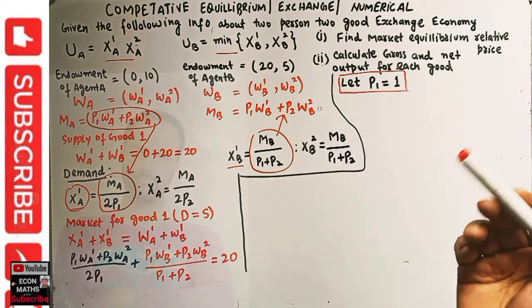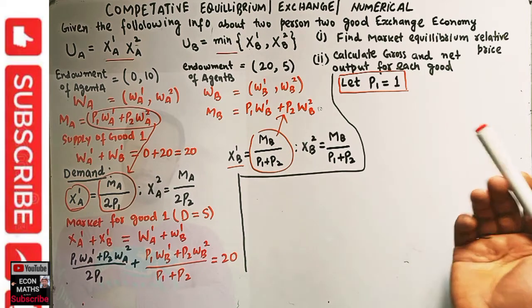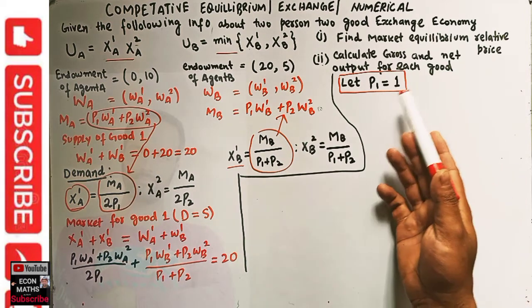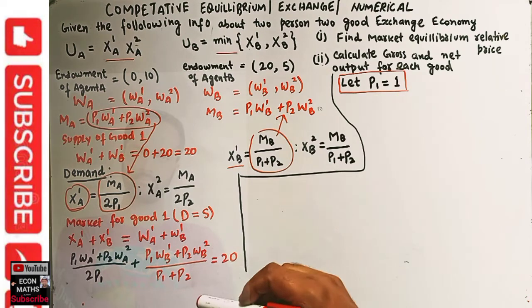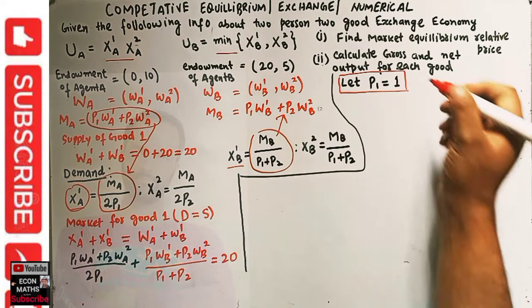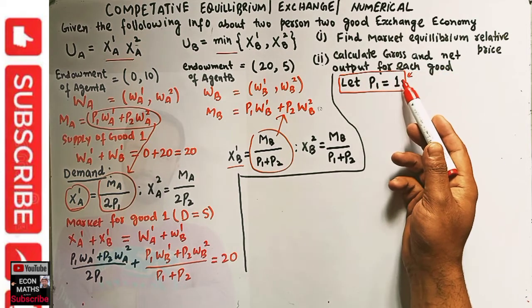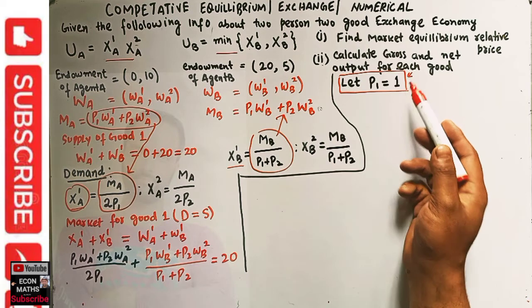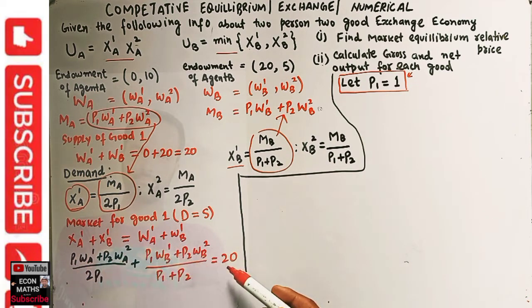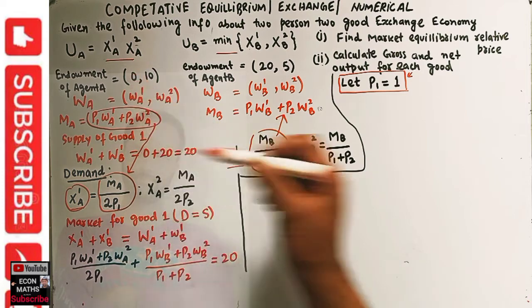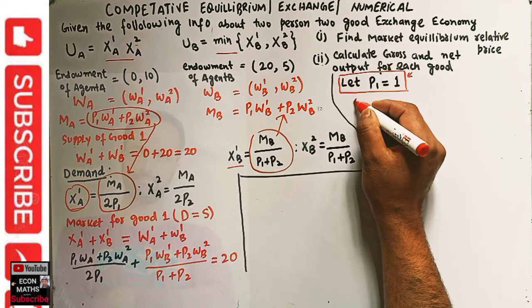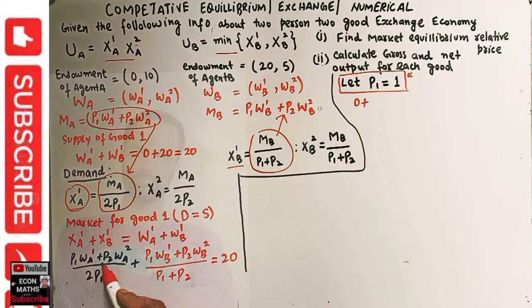Okay, so I will not go into that depth, in which case we do take numeraire as the price. For the sake of generality or simplicity, let us take the price of good 1 equal to 1. If p1 is equal to 1, let us solve this very function. So p1 into wA1: p1 is 1, wA1 is 0, so we get 0 plus p2